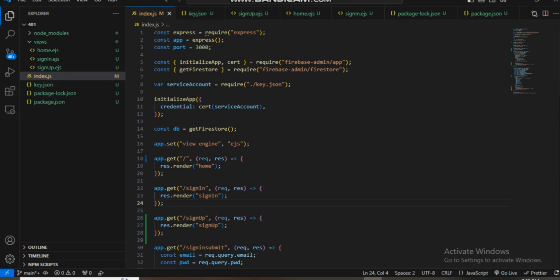Hi everyone, let's create a sign up and login page using Firestore database, which creates a data dashboard on the screen. Let's see the code of